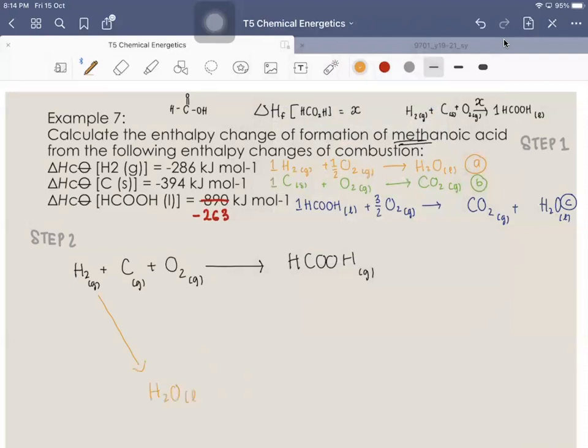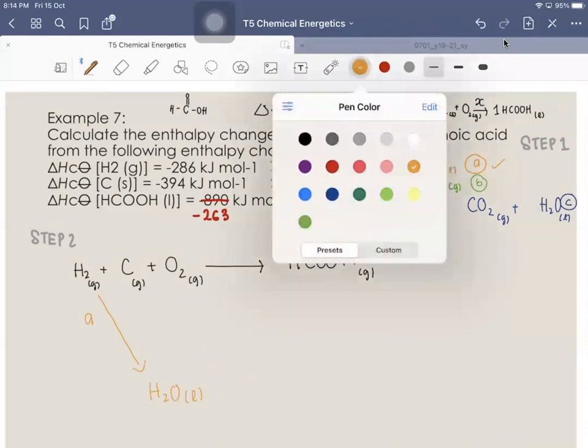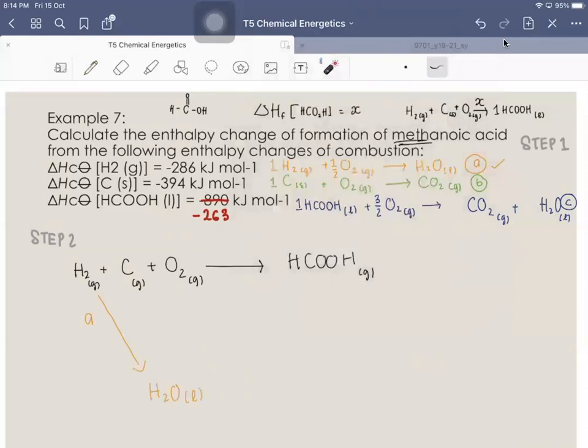H2O liquid, okay? So that's equation A, done. Next is equation B. 1 carbon reacts with 1 oxygen. Now notice that I have already used half oxygen just now for equation A. So I'm left with half oxygen. That means I need another half oxygen plus half oxygen. That oxygen, just leave it there for now because later on hopefully it will cancel out